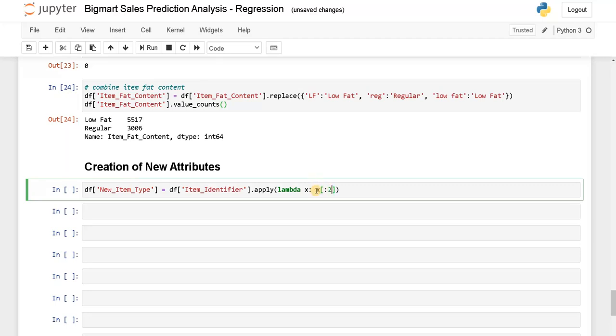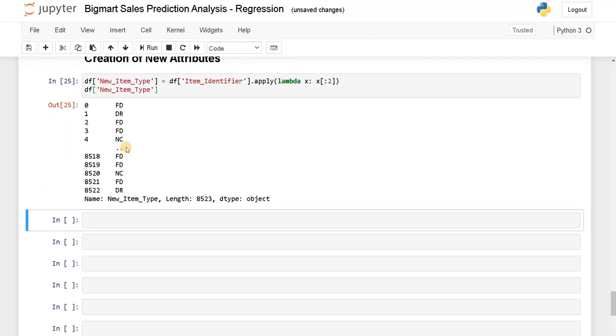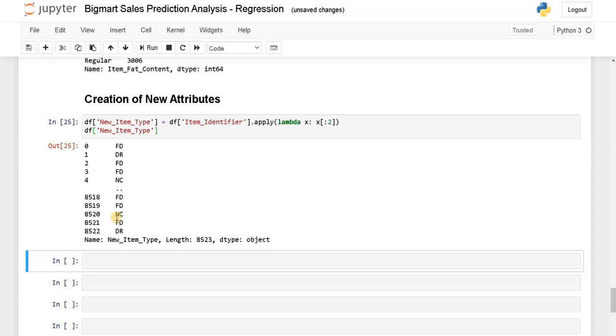So it will get the first two letters of that particular attribute, and we will store it in the new item type. Okay, let's display this too.